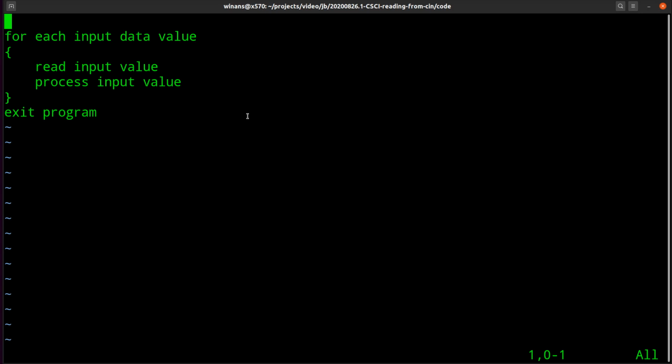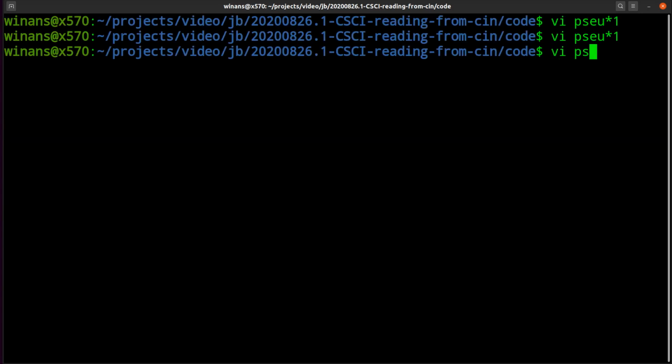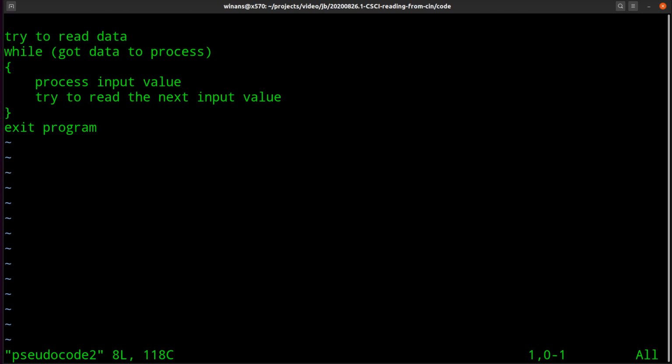And that's all fine and dandy if you want to convey to somebody the overall meaning of a program. But if you want to write a program in C++, this kind of pseudocode won't cut it. Let's look at another version. This one actually makes more sense. This is what the machine actually has to do in order to accomplish what you just saw.